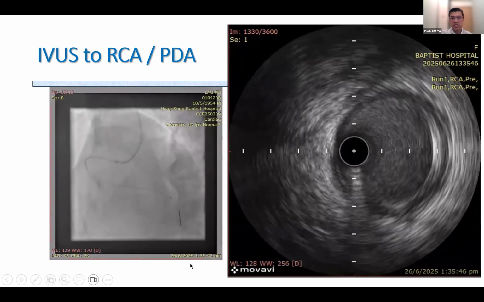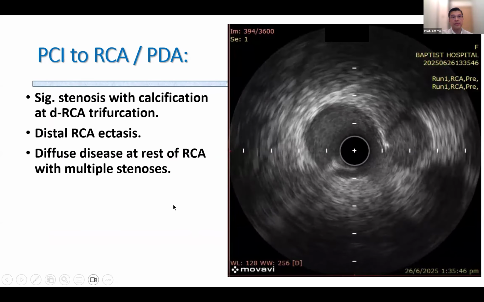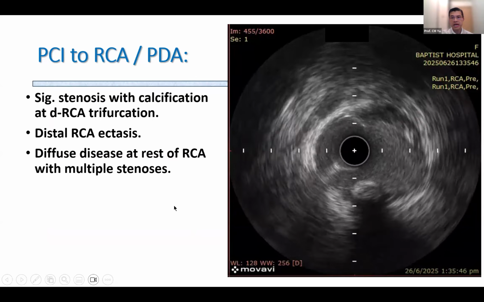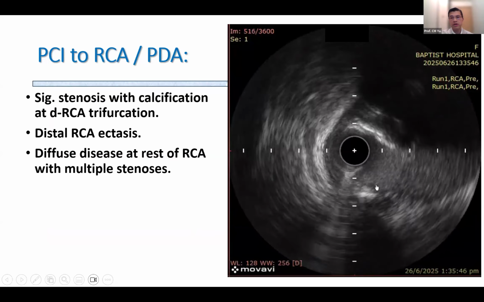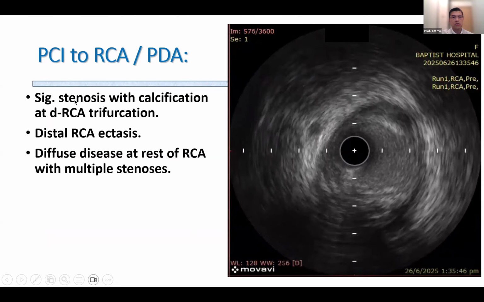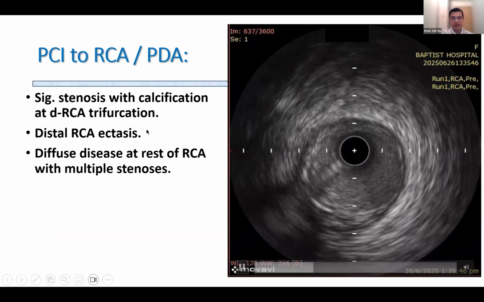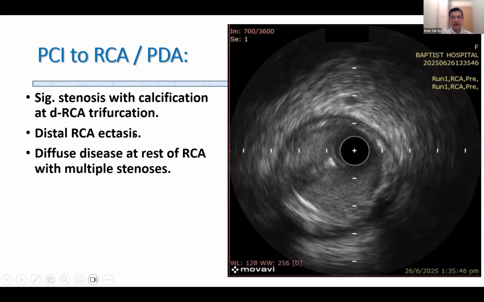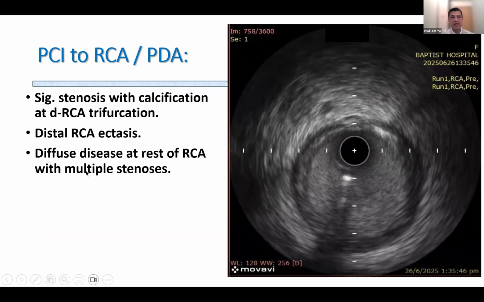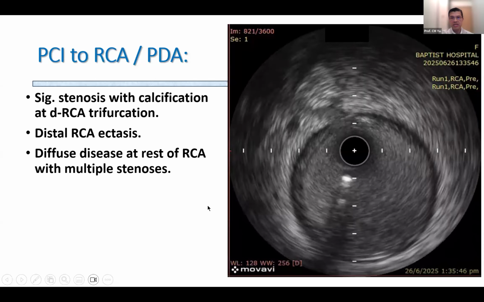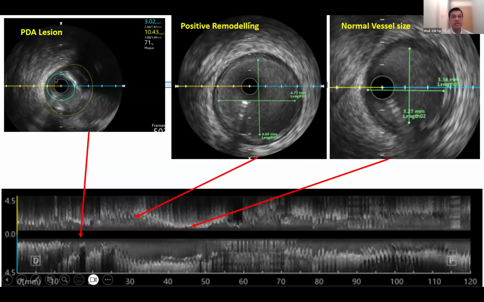So to cut short, here is the assessment. So we perform the PCI. Because of the distal ectasia, we have to be careful with the balloon dilatation. It has diffuse disease as well. As you can see here, here is a trifurcation. This is a region with ectasia, and here is the rest of the mid to proximal to distal RCA